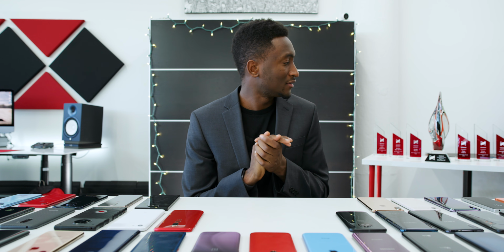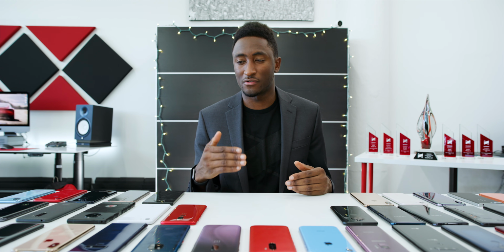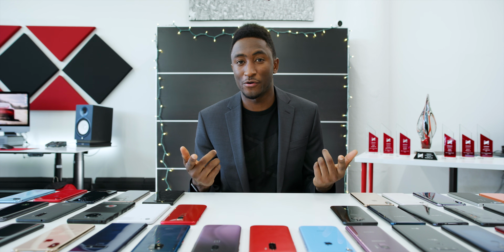So then last but not least, the biggest award of the night, literally, it's the MVP, the smartphone of the year. You can see it as the best phone, the most complete phone, the most impactful phone. Either way, there's only one voter, and that's me. So the winner of the MVP, the smartphone of the year for 2018, goes to